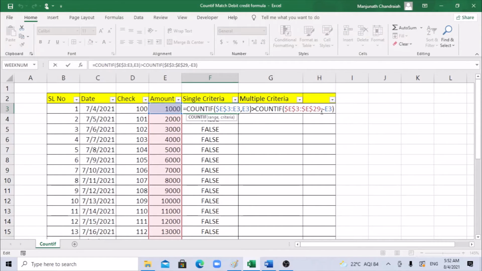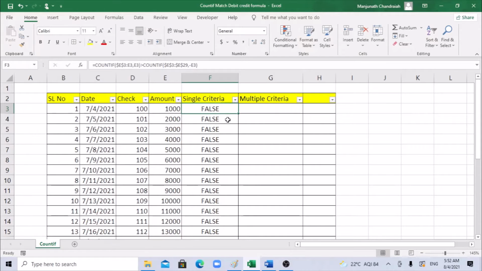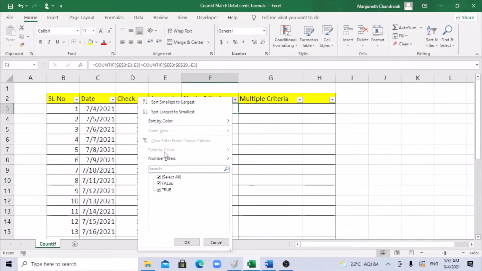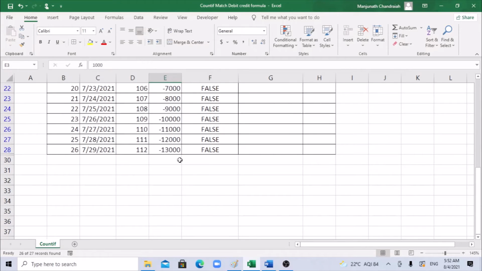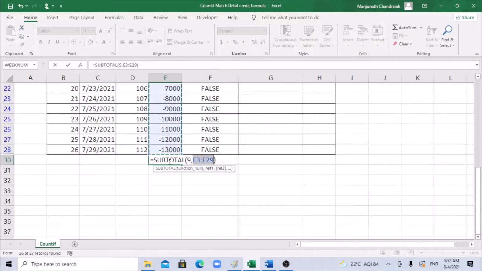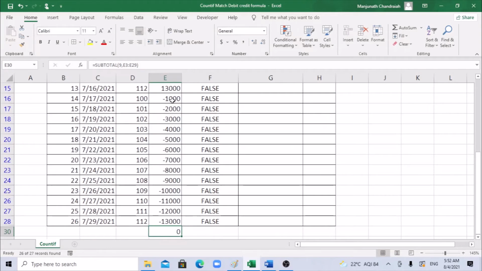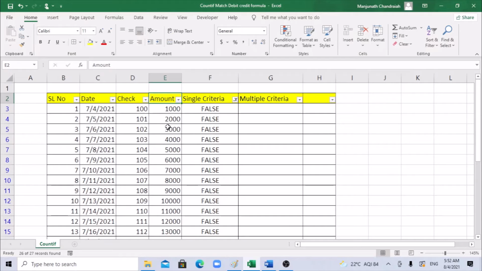So this cell is checking the entire range and says false. If you select the false column here and total it up, all this will be 0. If I put subtotal here, you can see everything is getting knocked off in one shot. If you take one amount here, say for example 1000,